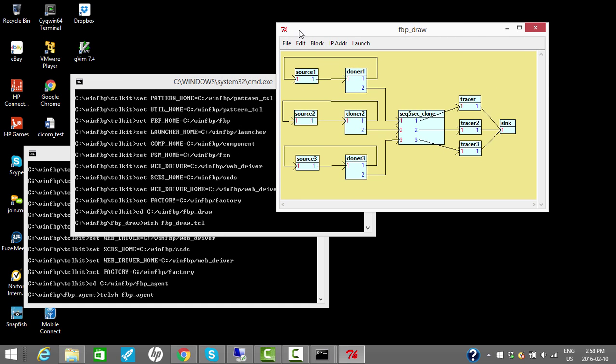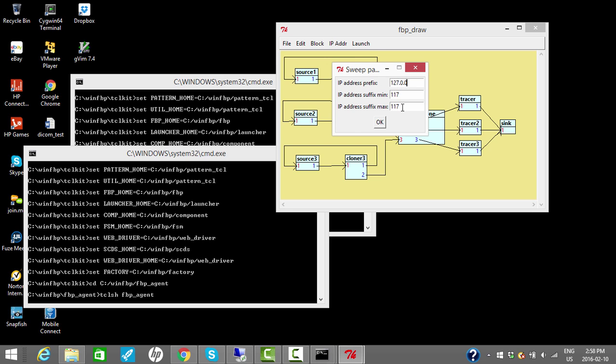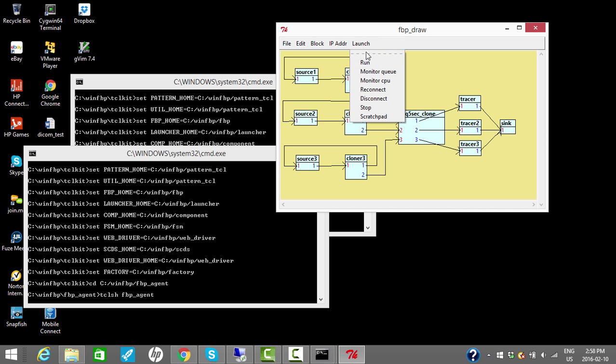So all we need to do is click on IP address. We have to do a sweep. Basically, the sweep is for this front end to locate the agent. So IP sweep. For FBP applications that are strictly running within one machine, we don't need to change any default settings, so we'll leave the IP address as is, and just click on OK, and we will find the FBP agent running on the local host, which is this machine. So click OK, and we just launch it, launch and run,